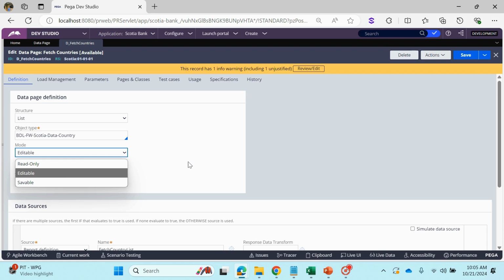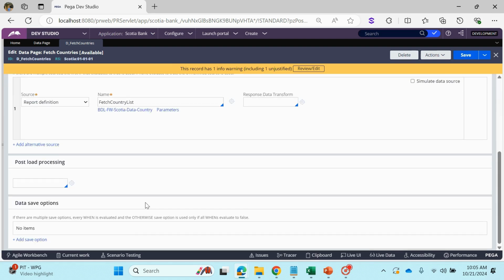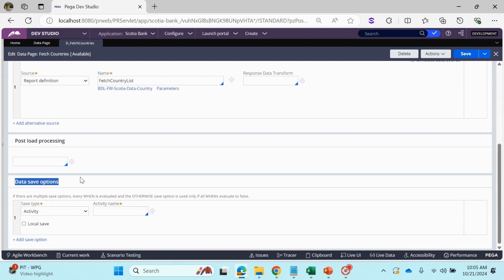Once you click on savable data page, you may see some other options like data save options. By using these features, you can save the data back to the data source. For example, your customer updates a shipping address, and the application copies the updated address to the savable data page. As I mentioned, if you want to update your phone number or change your address,